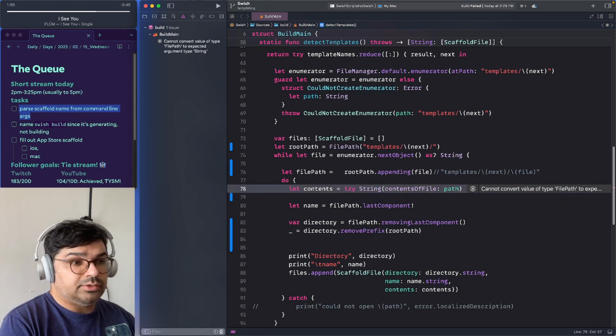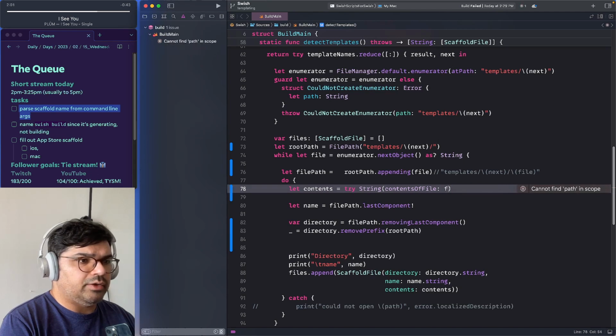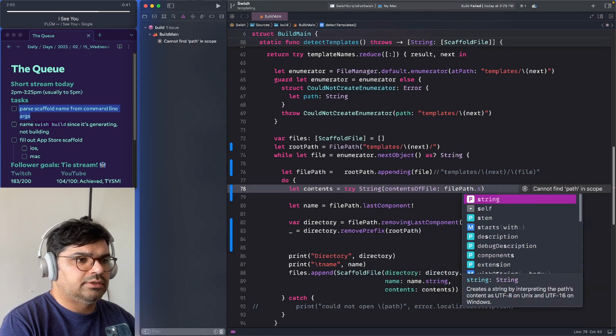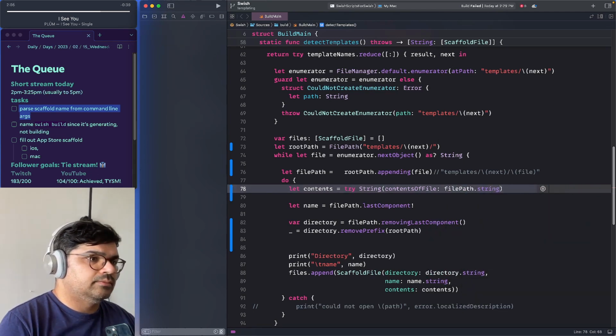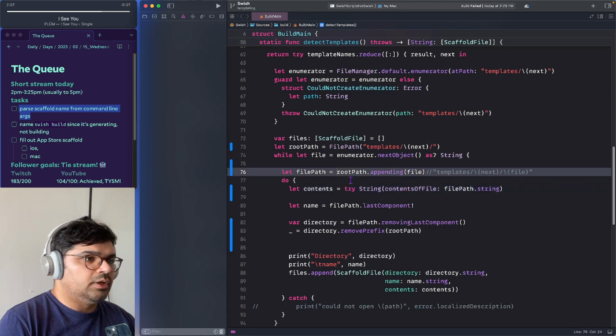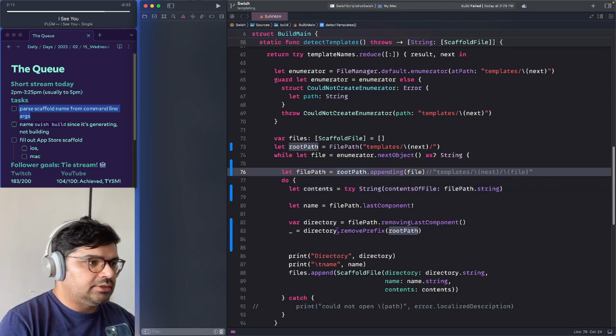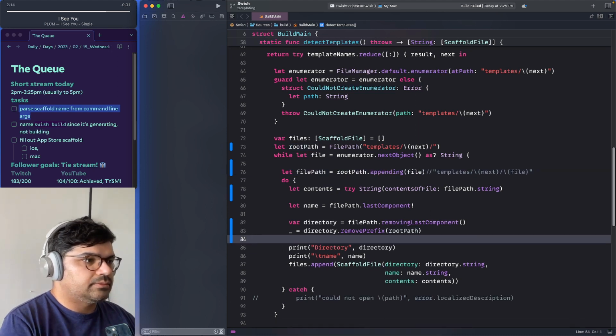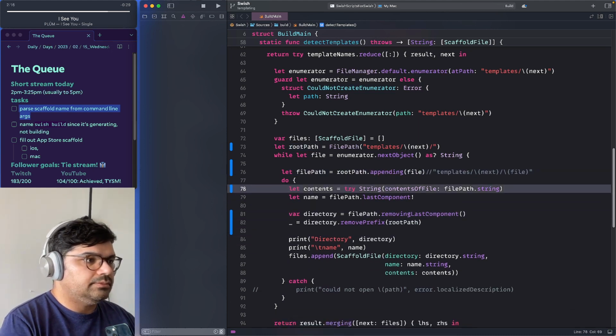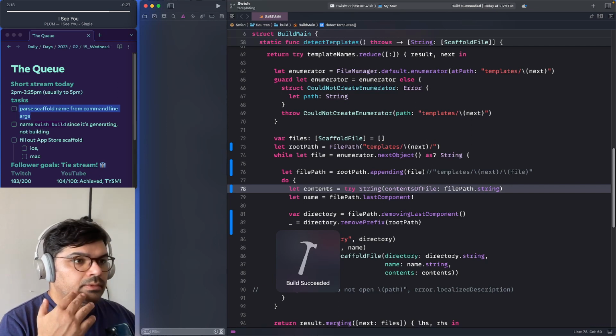And then let's try to open it. So I guess this will be file path.string, since I don't think FilePath has a way to read it indirectly. Okay, build